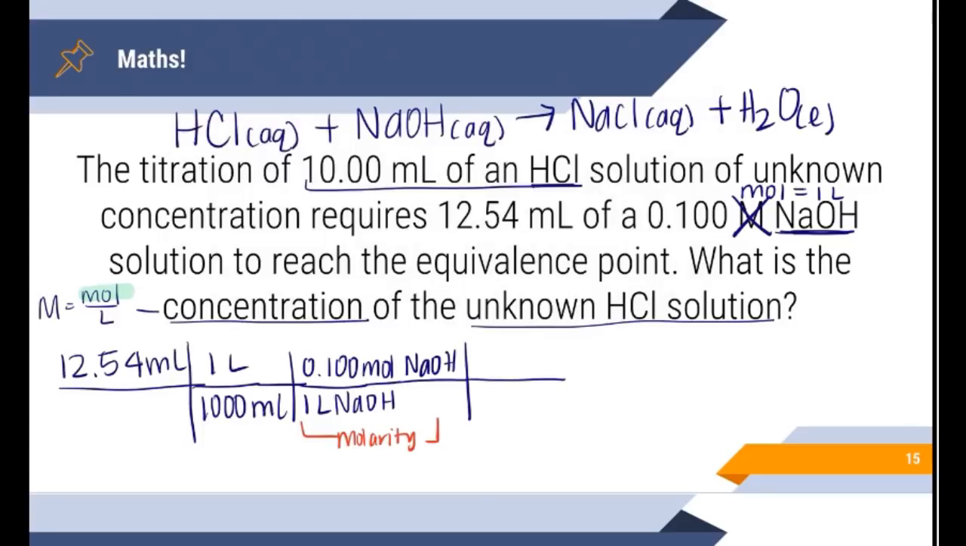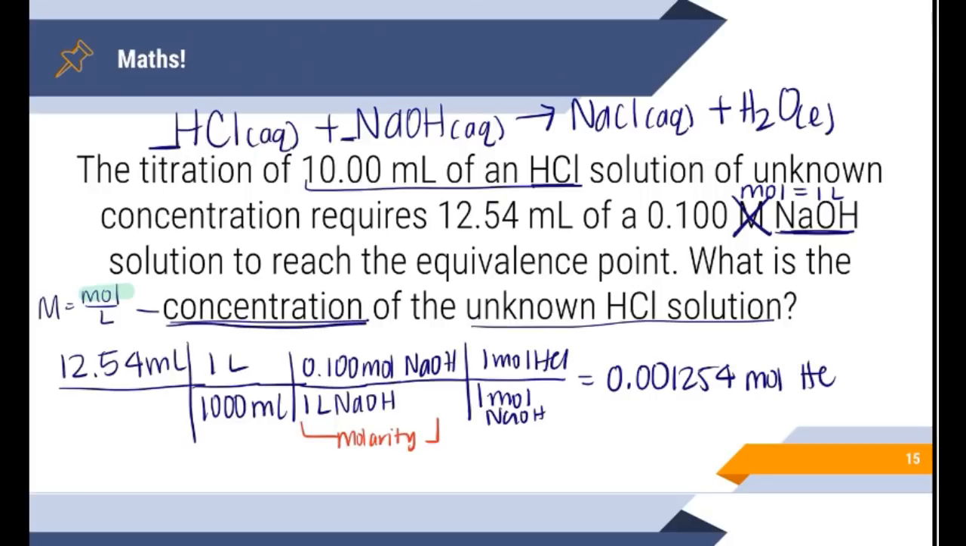And now I can use a mole ratio. So for every 1 mole of sodium hydroxide, I have 1 mole of hydrochloric acid. I get this from my balanced coefficients. And I do some math and I get 0.001254 moles of HCl. I'm not done though because they asked me the concentration, so I need to divide this